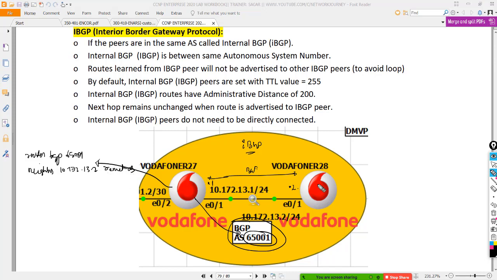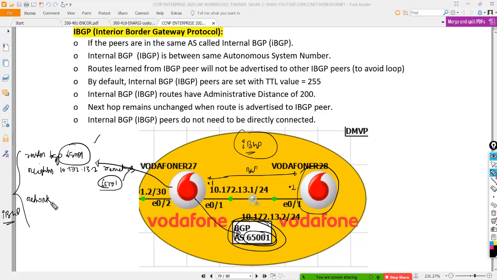Now the remote AS is again the same, which is the reason it's called IBGP. It's going to be 65001. My local AS and the remote AS are the same, and that's an indication that it's an IBGP, and the rest remains the same.